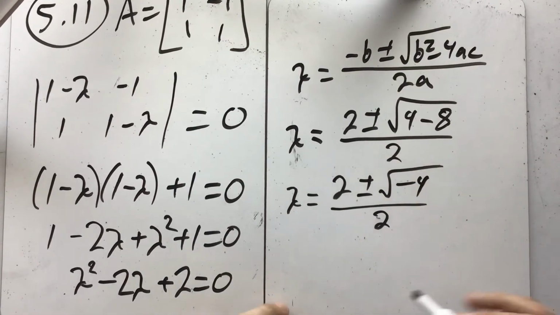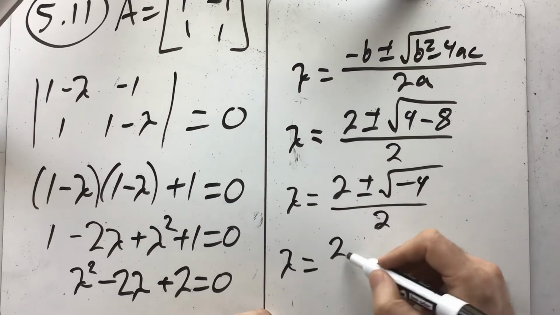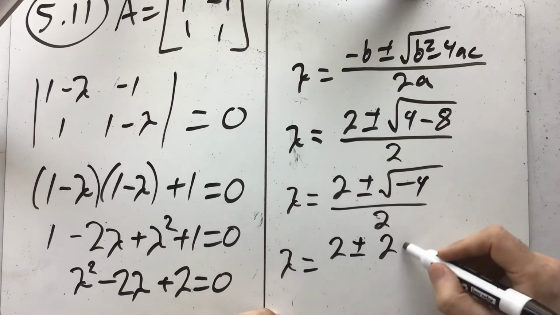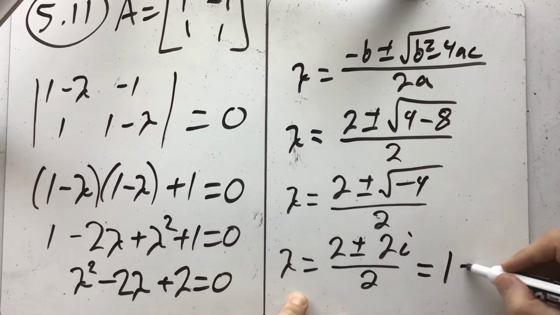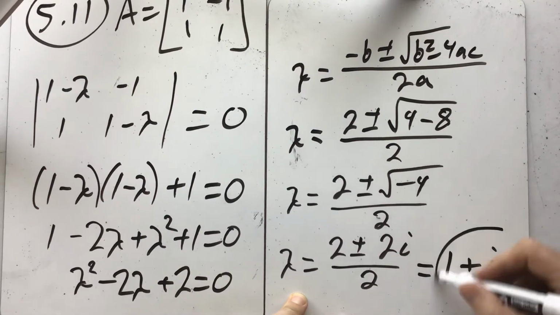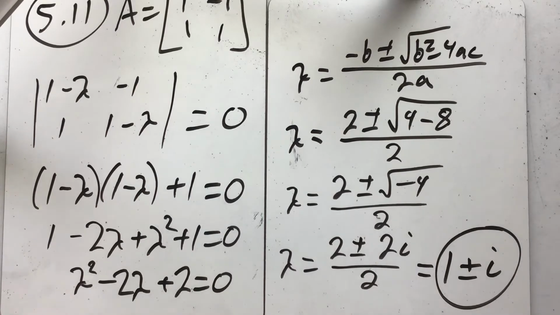Maybe you're seeing something interesting. And so lambda is 2 plus or minus, this ends up being 2i, all over 2. And if we want to simplify that even more, it's 1 plus or minus i. So what did we get? We got an imaginary eigenvalue. Well, it turns out that we are able to talk about and think about eigenvectors for imaginary eigenvalues, but